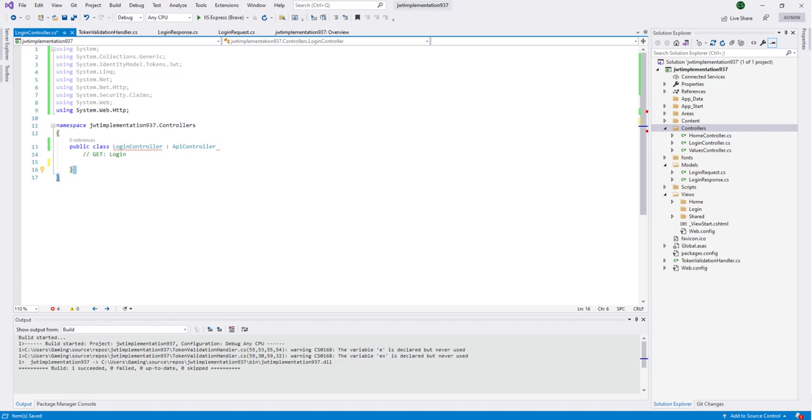So we have a namespace, public class, oh, missing a bracket. There you go. So the very first thing we have to add is one of the method here. It would be authenticate